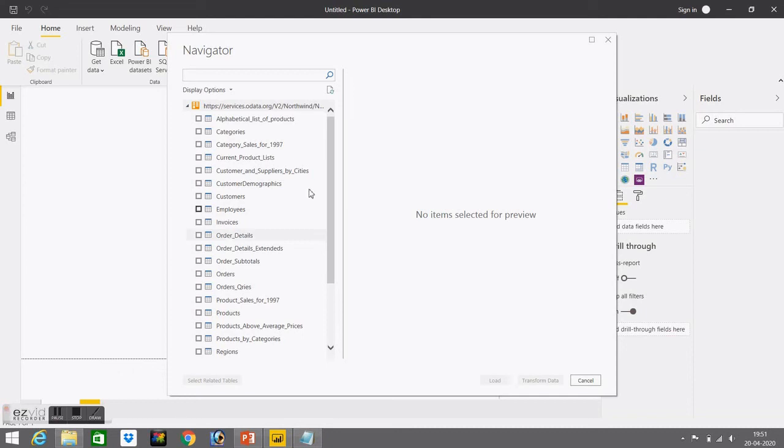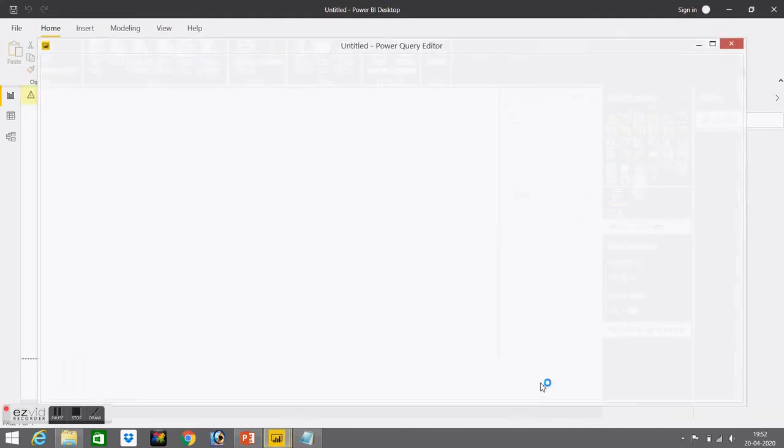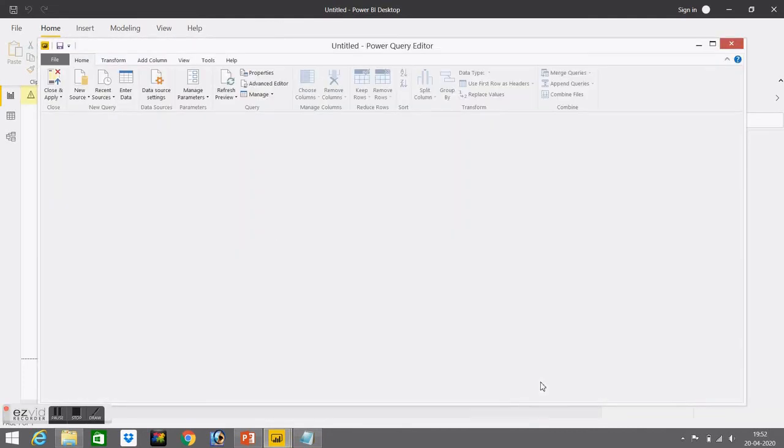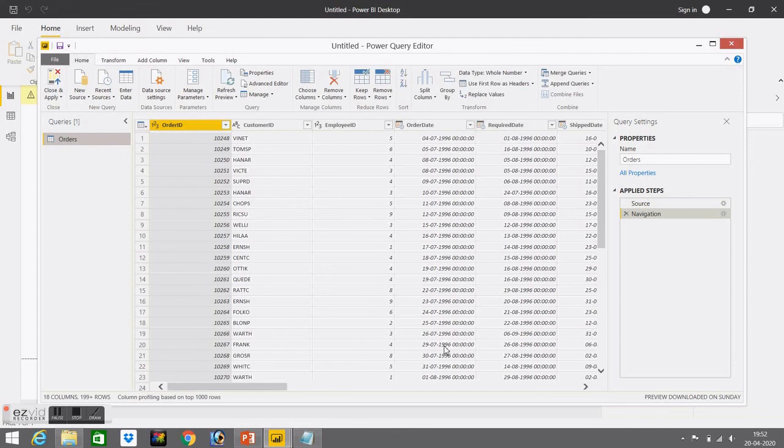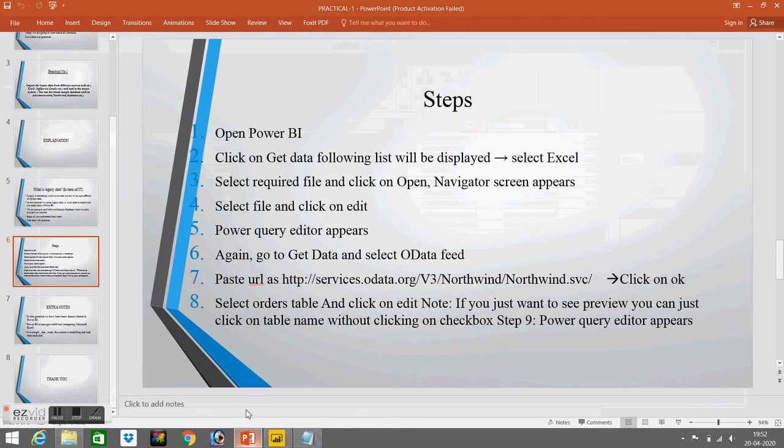Here we get many tables. Out of these I am going to select all the tables and transform data. That's it. We are done with our practical number 1.